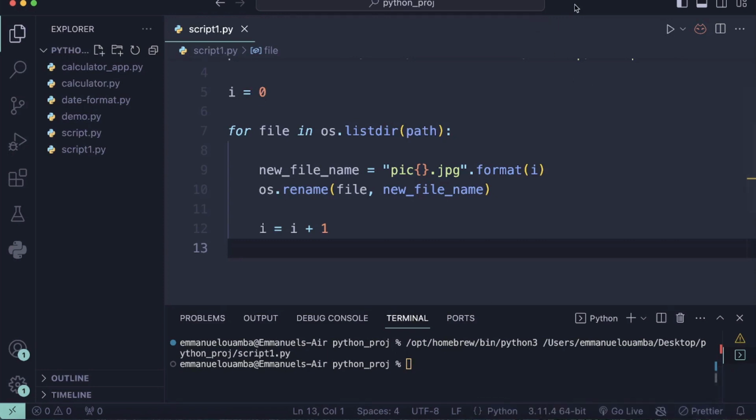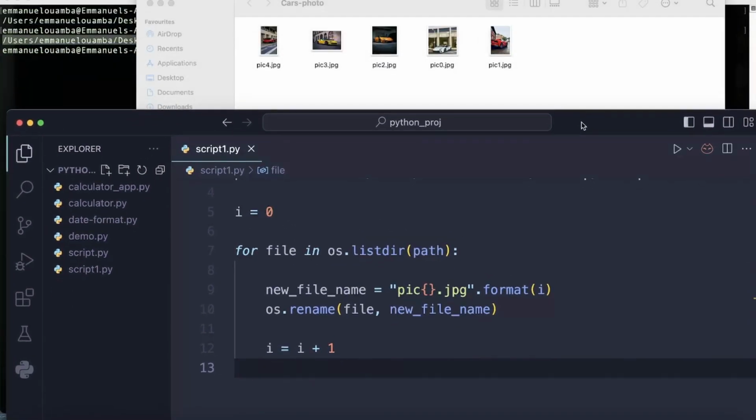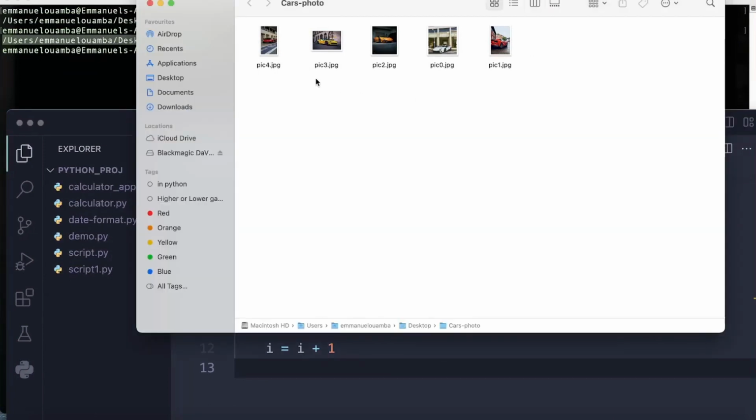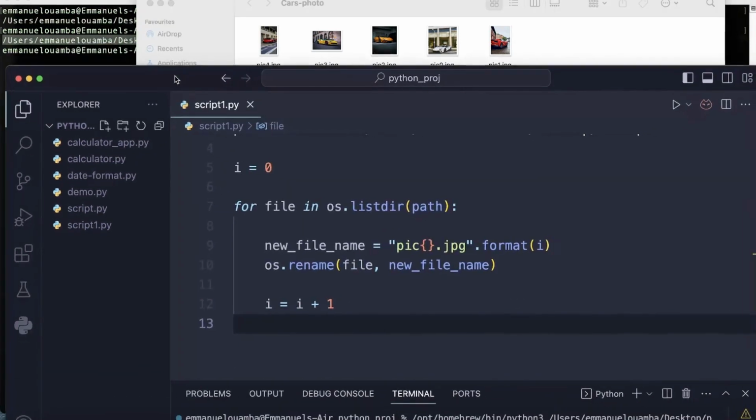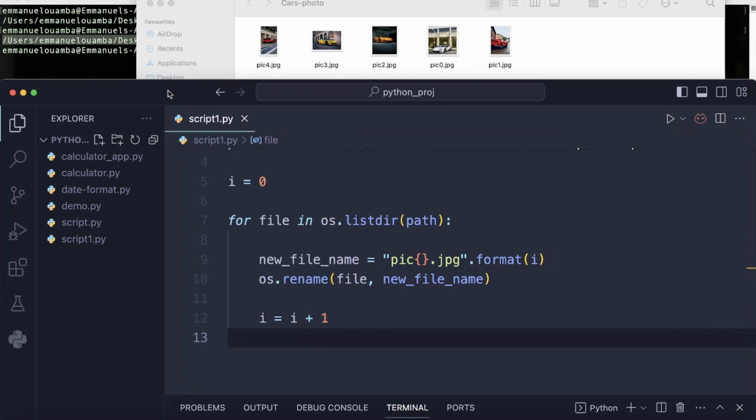Voila, we have new names for our files. Our script was able to rename our files very fast. So this is how you can actually use Python to rename your files multiple